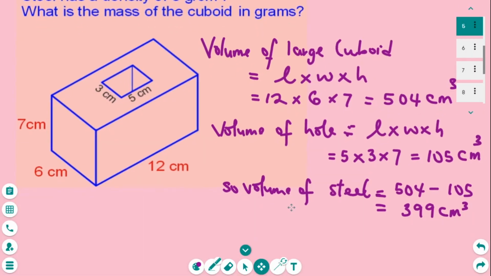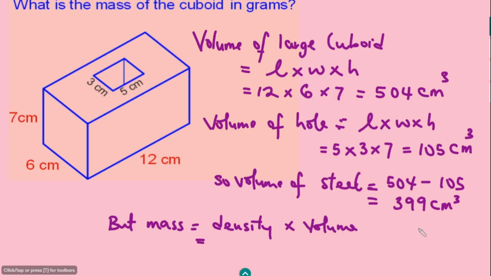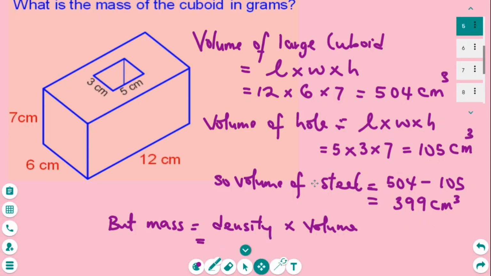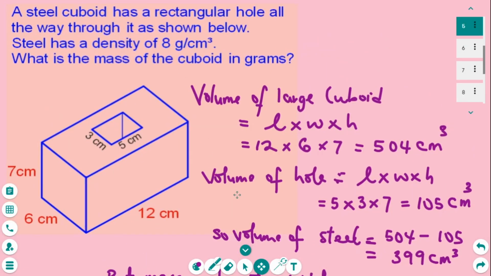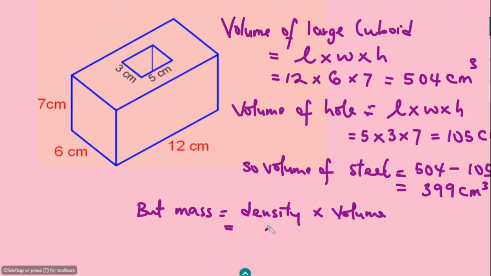Now to find the mass, we know that mass is given as the density times the volume. Already we know the volume, which is 399, and the density has already been given to us here as 8 gram per centimeter cubed. So I'm going to multiply the density, which is 8, by the volume of the steel, which is 399. If I do the calculation, I'm going to have 3,192 gram, and that's it. That's going to be the mass of it